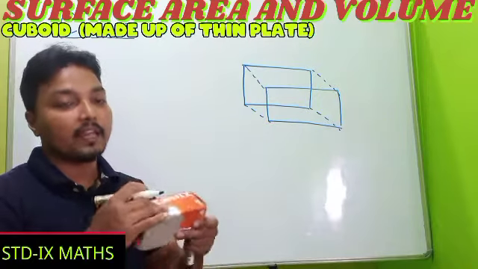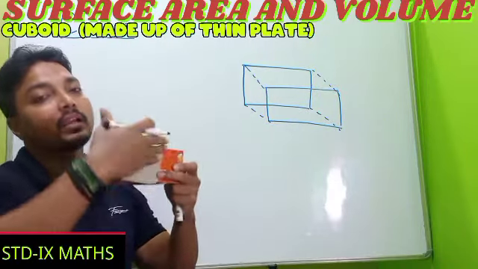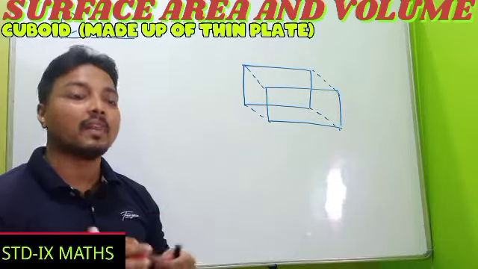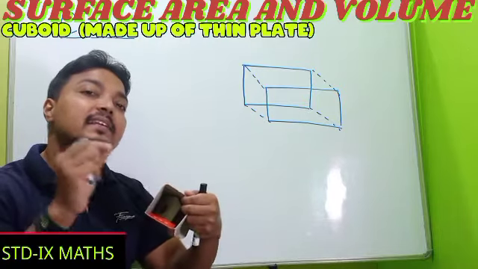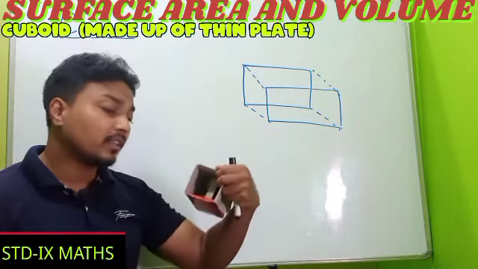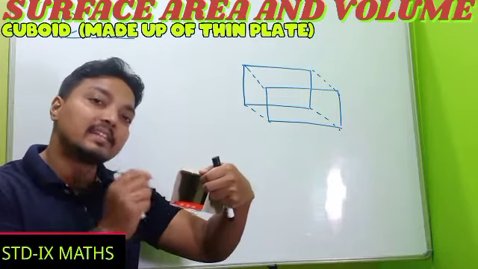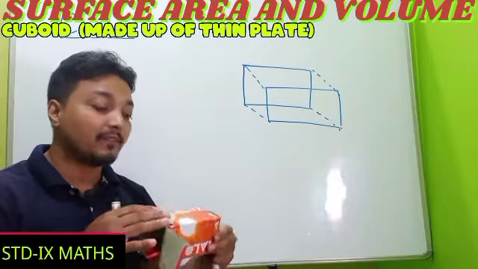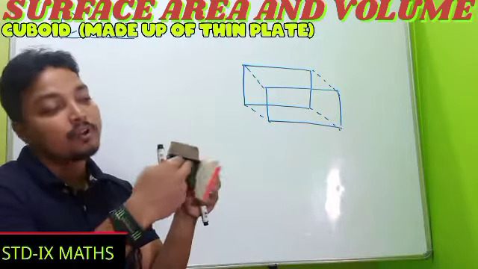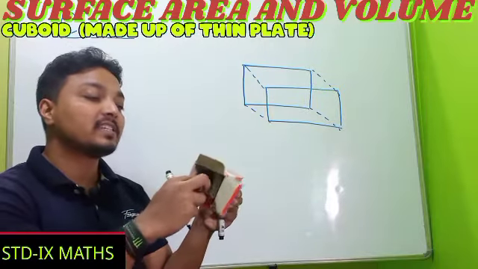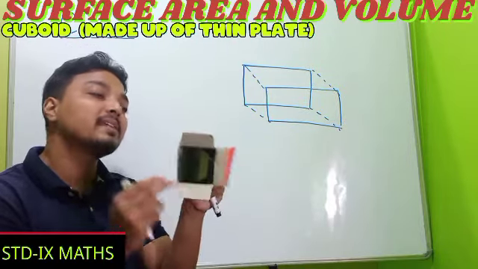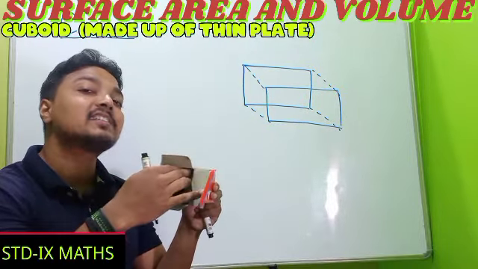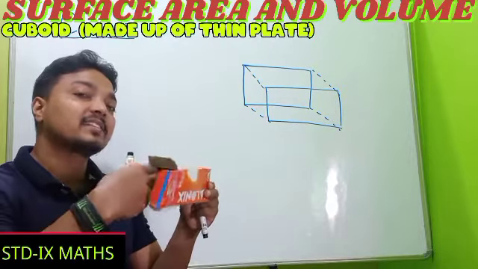listen, you may color the outer side or you may color the inner side, both have the same meaning. Whenever the thickness of the plate is very negligible, how do we find it? Remember, it has two lateral faces: the outer lateral face and the inner lateral face. Whenever it is totally empty, like a hollow, here is one lateral face, and here the inner one is another lateral surface.